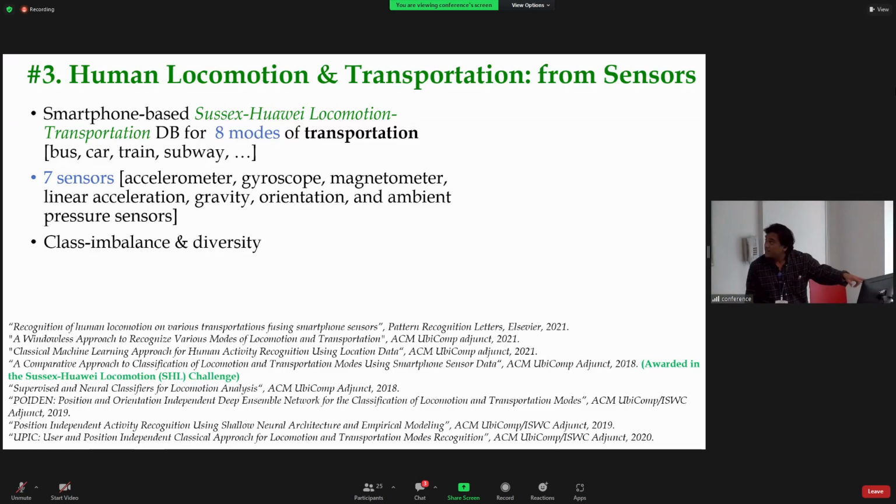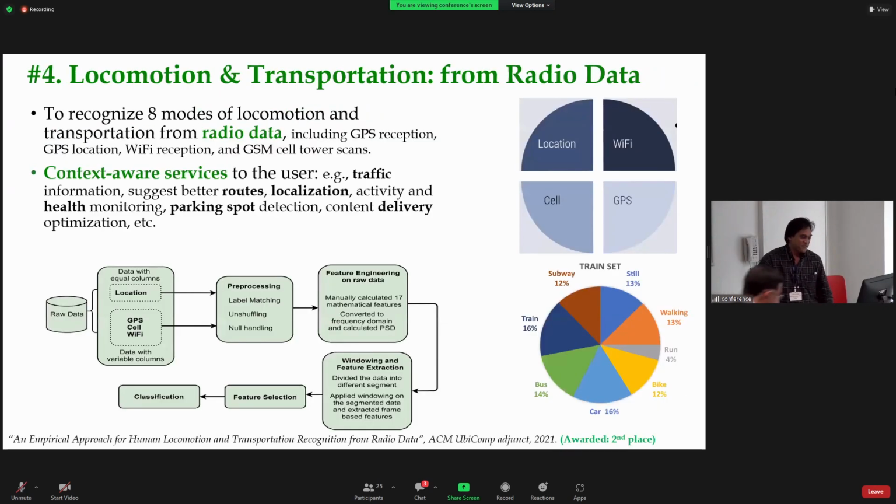We can't see the title, but it's just like sensor data. It's fine so far. And the next one is location and information and transportation from radio data. So from the mobile phone, if you have different kinds of location and reception and other information, can we extract those information to understand various context-aware services, like traffic information and localizations and routes. This is another work